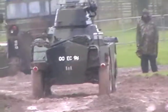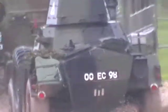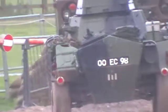So that's a Ferret Scout car, that's reconnaissance. I'm going to be asking questions later on, so you've got to be paying attention out there. Reconnaissance and scouting vehicles, finding out where the enemy is and reporting back over